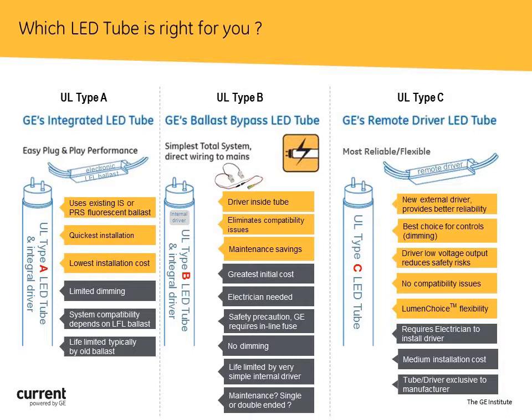Double-ended means that the neutral goes to one end of the bulb, the high side goes to the opposite end. Now this also introduces the problem of shunted and unshunted sockets. The majority of electronic fluorescent ballasts out there are instant start, and they have shunted sockets. A shunted socket will not work with a single-ended type B because a shunted socket shorts out the two leads